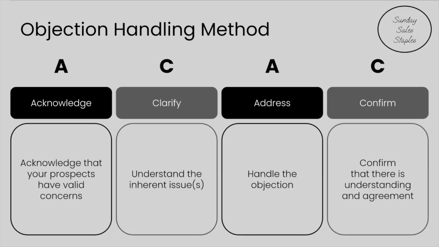This is vital when responding to an objection because you want to ensure that the person opposite of you understood your response and assess whether you have adequately addressed their issue. It's not enough to present an eloquent response to their concern. The true test is whether the prospect acknowledges that you have satisfied their concern and you can move on. Let's walk through an example to show you this methodology in action.